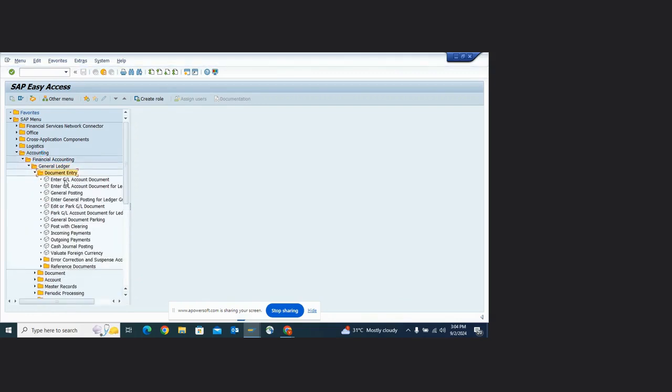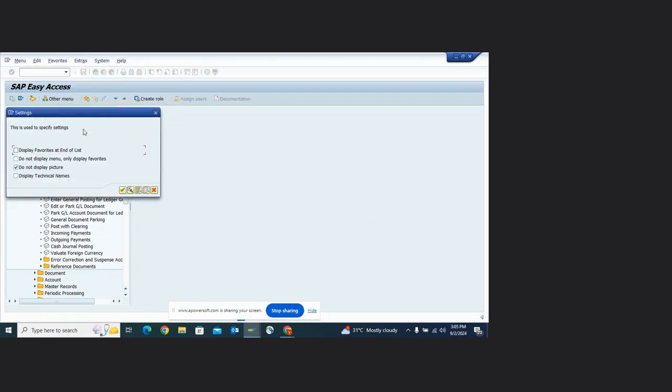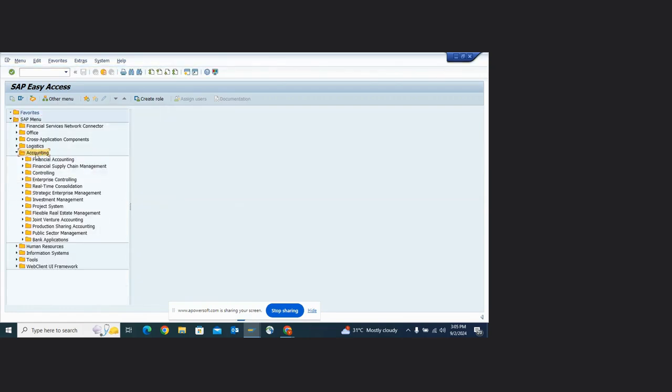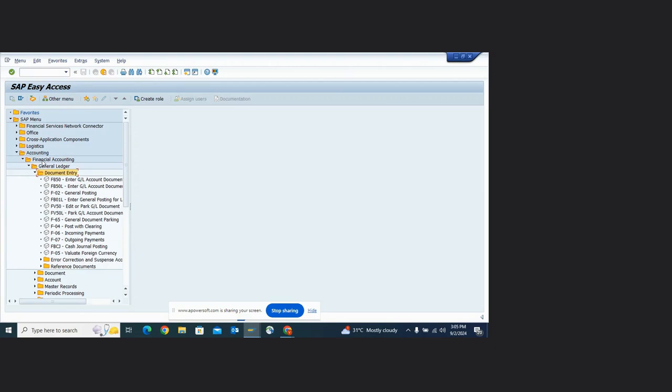You can see there is no T code appearing here. Now if you want them again, you can go in the menu bar extras, then settings, then click display technical names, click continue. Now you can see accounting, financial accounting, general ledger, document entry. This is the T code for transaction entries.